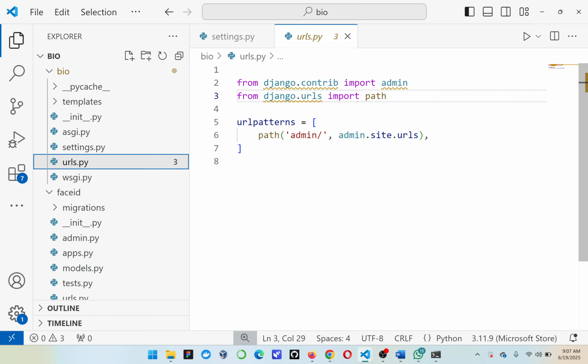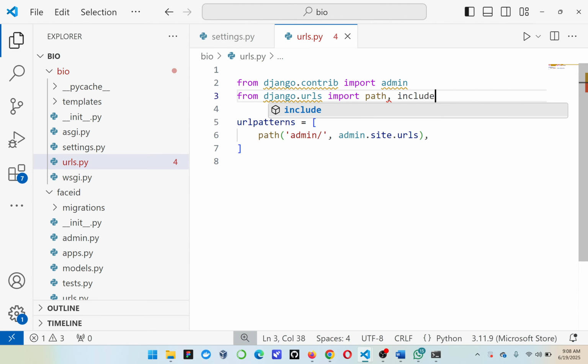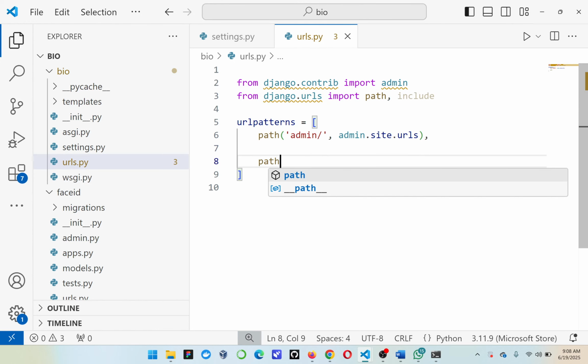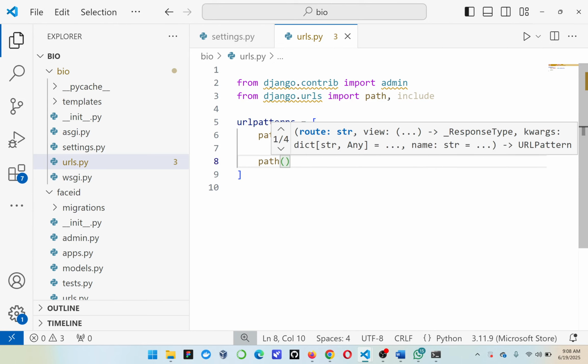We want to tell it that we have an app called Face ID, and that Face ID has a urls.py file, and we want that agent to handle the discussion when someone wants to do face detection. Once we have path imported, we also need to import include. Once we import include, we tell the system what we want. We call path, then tell path that when someone wants to do face detection,